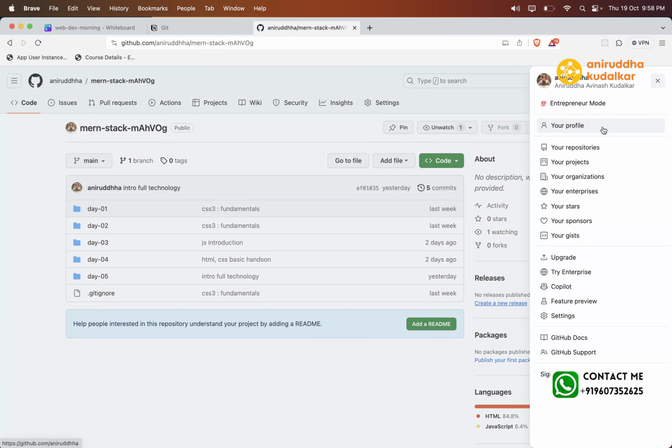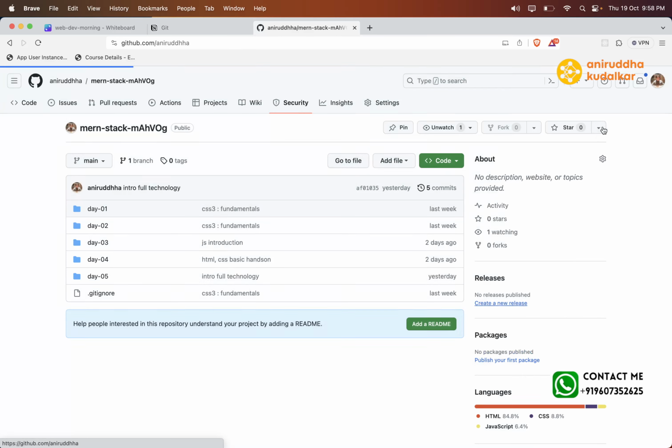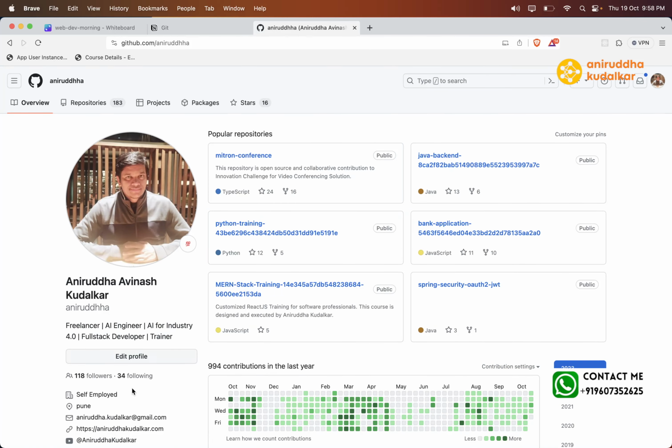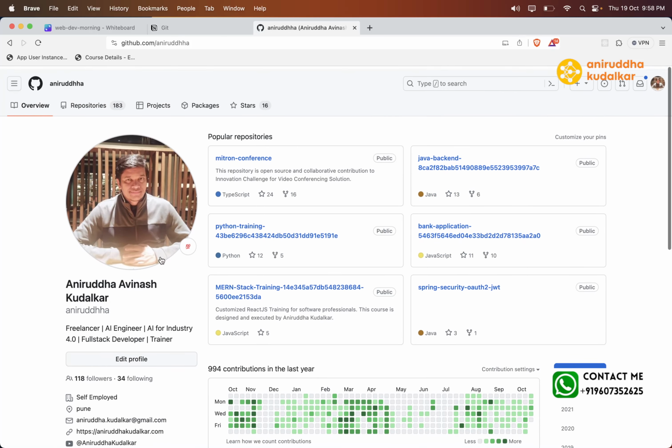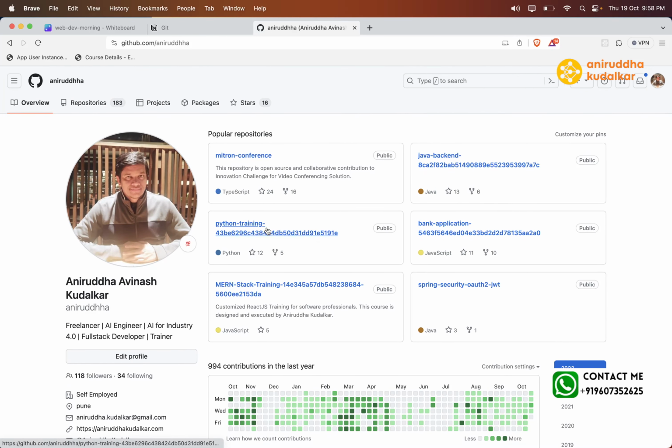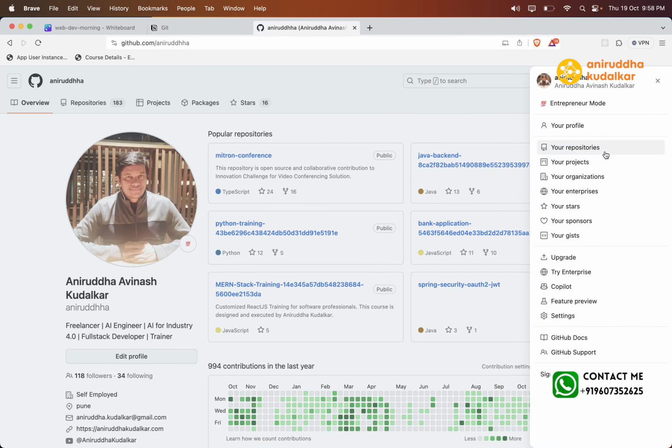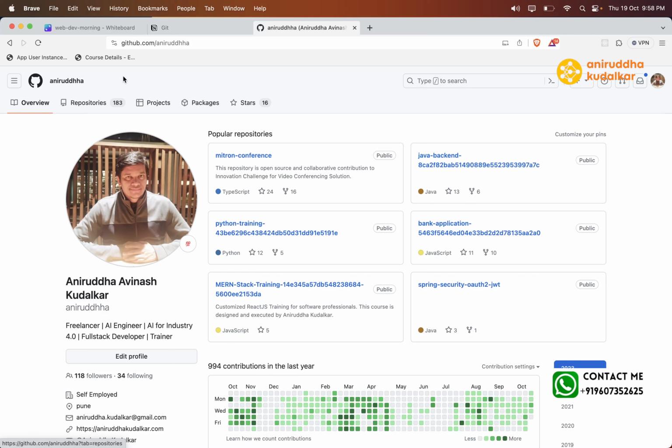Click on the photo and click on your profile. You will see something like this. If someone asks you, give me your Git repository, what will you share? This link